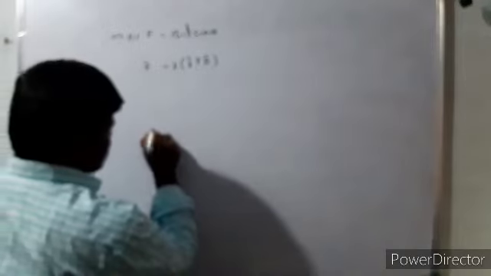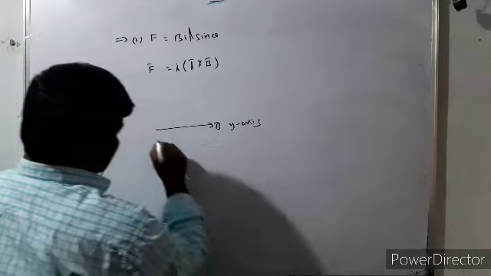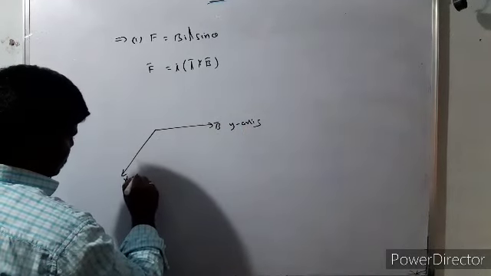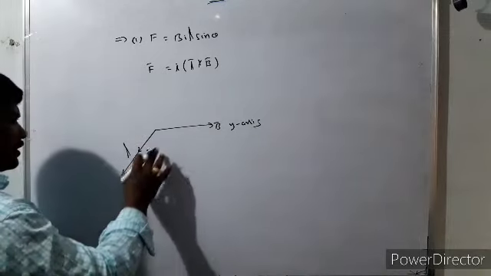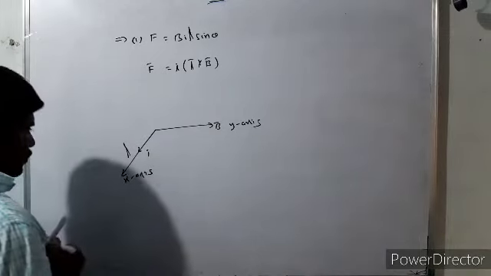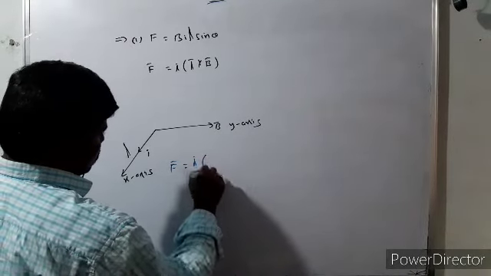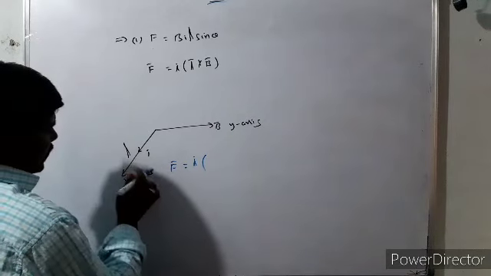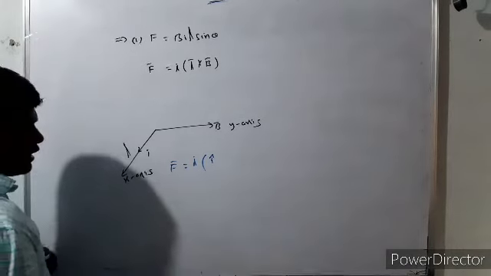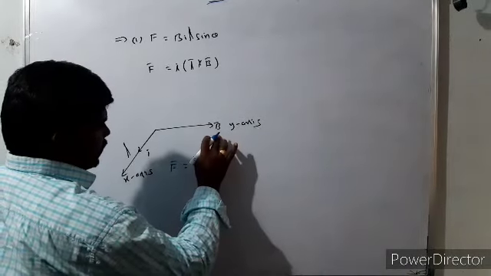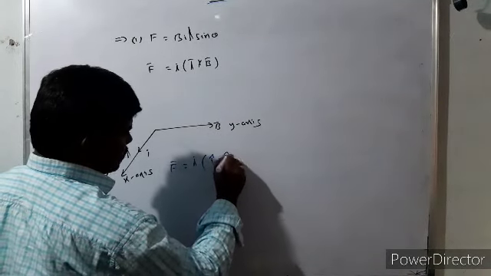For example, consider the magnetic field is along the y axis, and the conductor is along the x axis. The current in the conductor is along the x axis, the length of the conductor is parallel to the x axis. Now the direction of the force is given by F bar is equal to I into L bar cross B bar. The length of the conductor is along the x axis, so the unit vector along the x axis is i cap, cross the unit vector along the magnetic field. The magnetic field is directly along the y axis, so the unit vector is j cap.